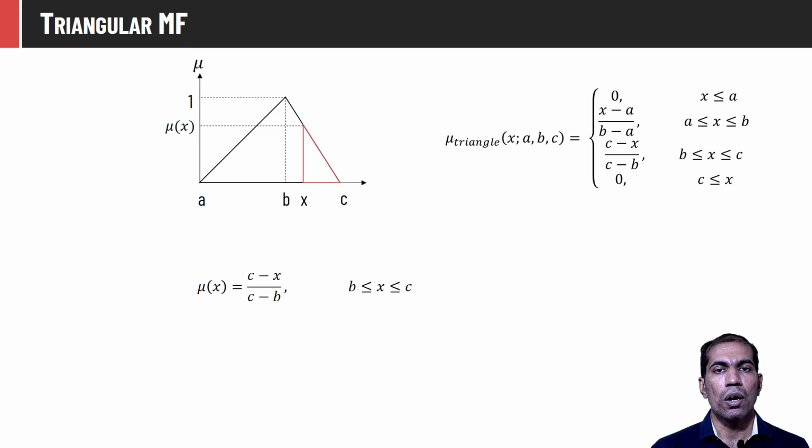We can combine all these membership values using a single membership function, that is mu triangle (a, b, c), which is equal to 0 if x is less than a, it is (x minus a) upon (b minus a) if x is in between a and b, it is (c minus x) upon (c minus b) if it is in between b and c, and that will be again 0 if the number is greater than c. In simplified form, we can represent the triangular membership function using this equation also.